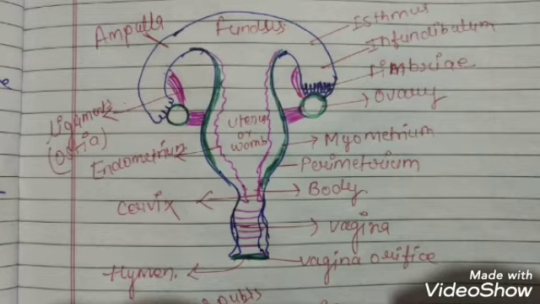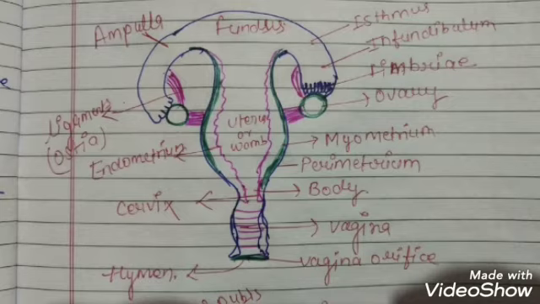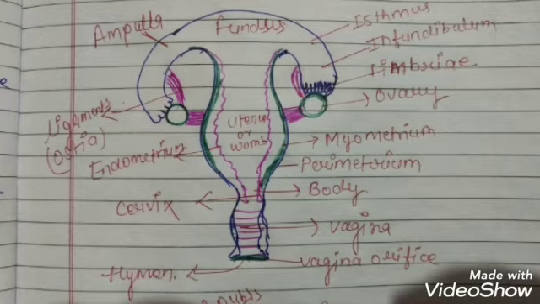This vestibule is guarded by two folds of skin. The inner fold is smaller and is known as labia minora. The larger part is called labia majora, which is bigger and covers the inner skin folds. Mons pubis is a cushion of fatty tissue which is covered by skin and pubic hair.